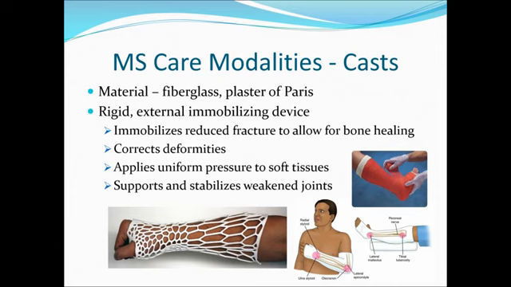Looking at casts, and I just mentioned these beforehand, these are when you do need a rigid external immobilization device. Years ago, we used to just make them out of fiberglass. That took forever because it took almost up to 3 days for the fiberglass to completely dry. Now, a lot of times we're using plaster of Paris, which dries in about 45 minutes to an hour. But we are also seeing some of the other ones, and you can see an example of the one at the bottom that's over the wrist and the lower forearm. These are some of the new 3D printed ones that really do allow for visualization